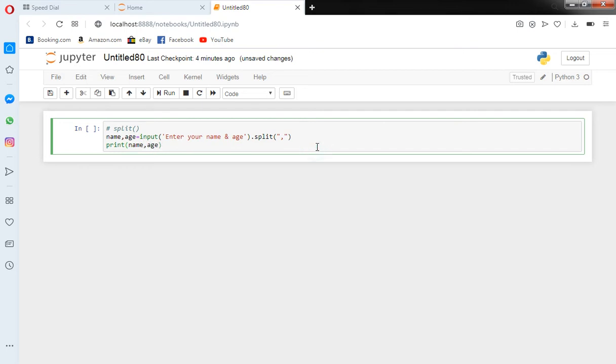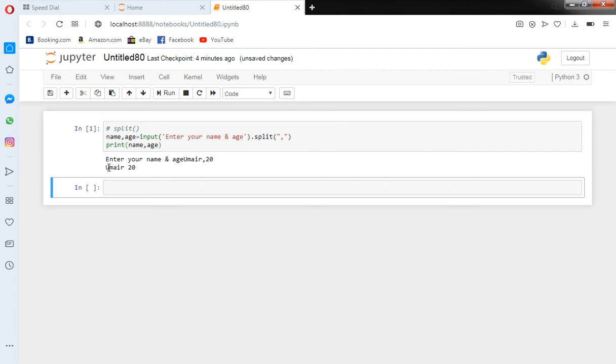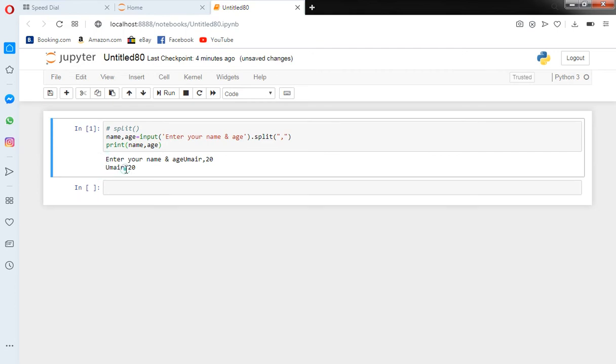If I run it, it asks enter your name. My name is Umair, comma, I write 20. If I enter it, here it printed Umair and 20. So I separated these two values by using a comma.